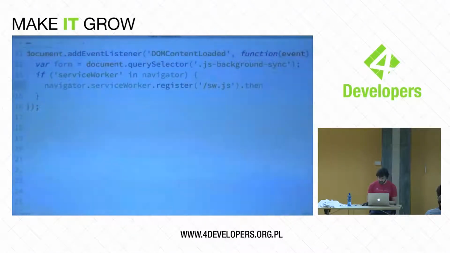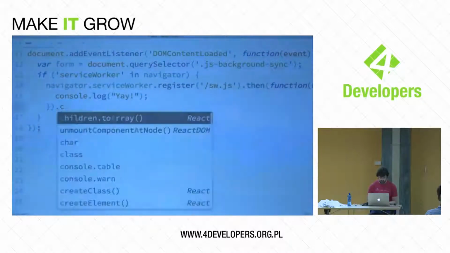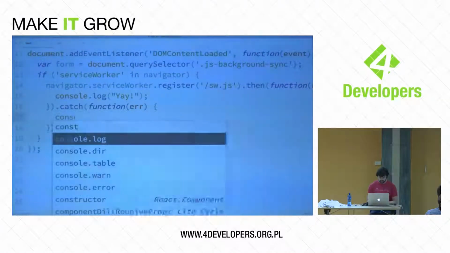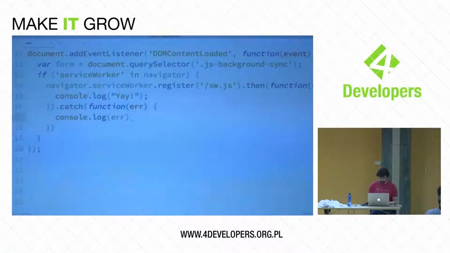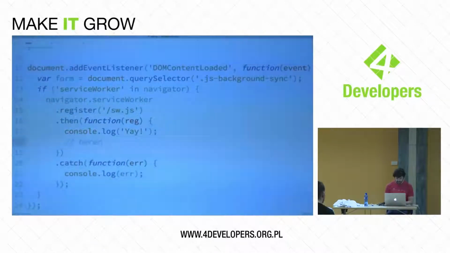Service workers absolutely love promises. So we're going to return a promise from that. And so you can run the then function on it, and once then is called, then our service worker is installed. I can get excited about that. And if things don't work out as we'd expect, if the service worker fails to install for some sort of reason, then we'll get an error for it, and I will just log the error as well, just to make sure that that's okay. And that is all we actually need to do to register this service worker. And here is where the next stuff is going to go.